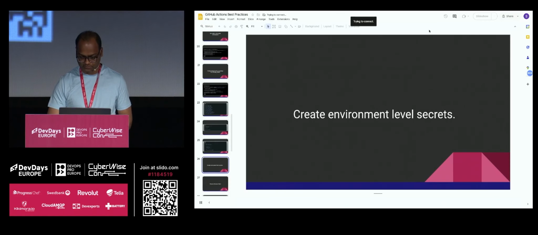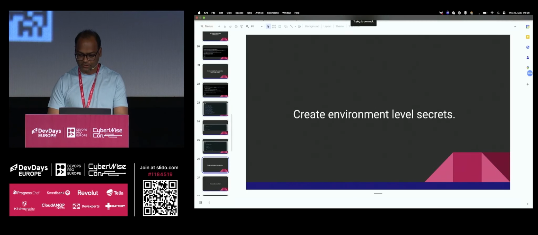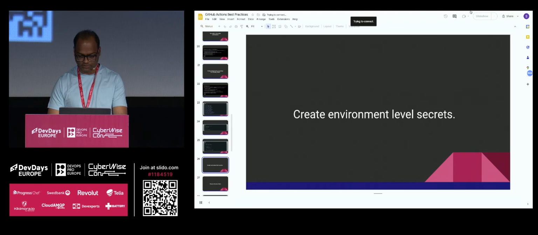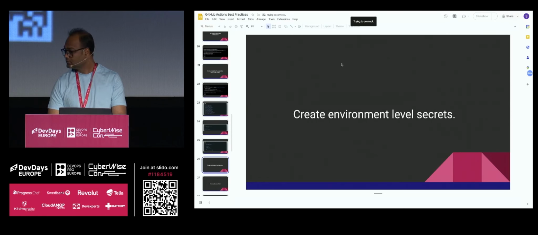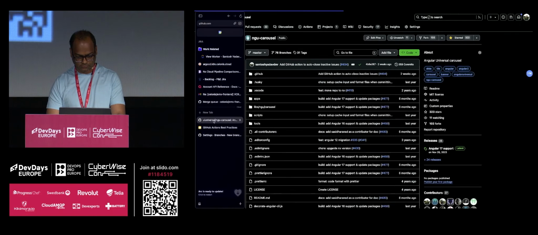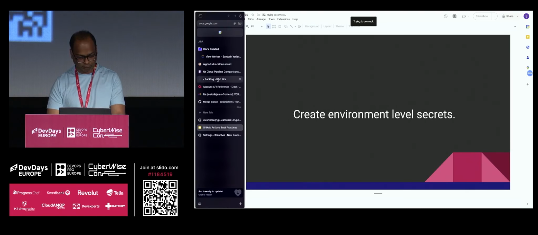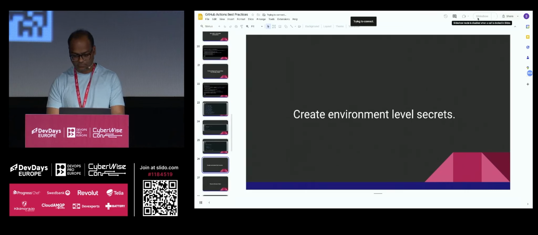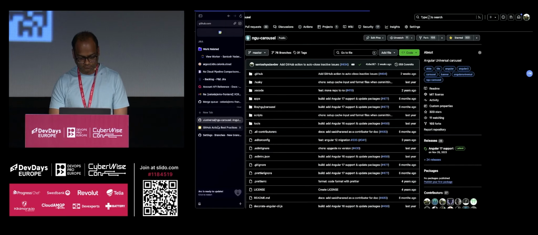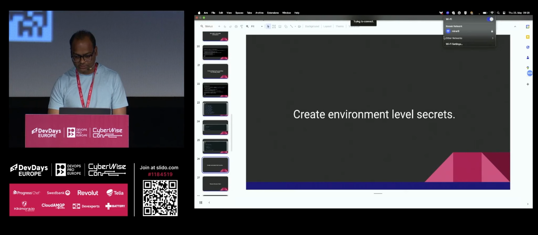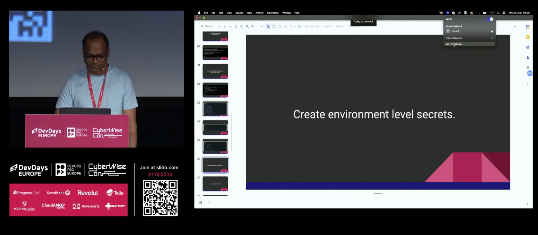Okay, meanwhile it's opening, I can go back to my slide. Something happened with the internet. It says trying to connect. That's wrong. Okay, I'll just disconnect and connect again. Works 90% of the time.